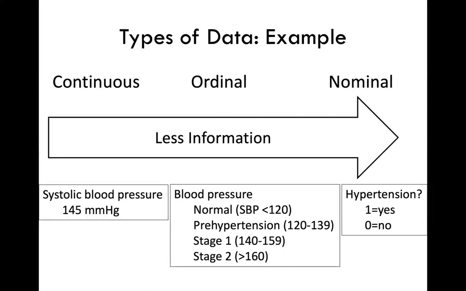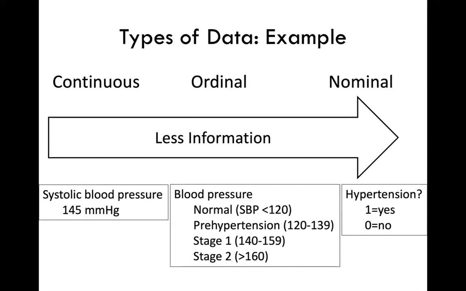One thing that's important to remember, because people will often try to take continuous data and make it discrete or categorical. And the reason for that is that often there's an ease of interpretation compared to trying to understand what mean changes are or something like that you might see with continuous data. But the one important thing to remember is that you are losing information as you do that. So if you take an example of a continuous measure of blood pressure here of 145 millimeters of mercury, you can then convert these data